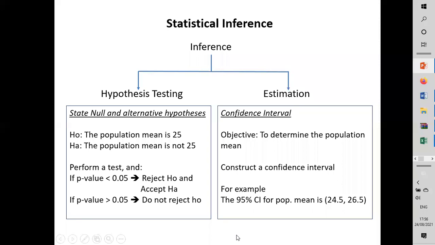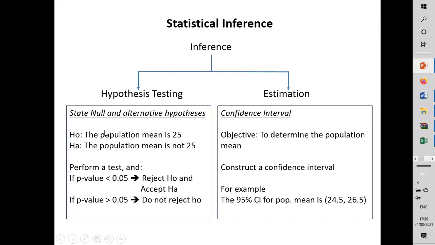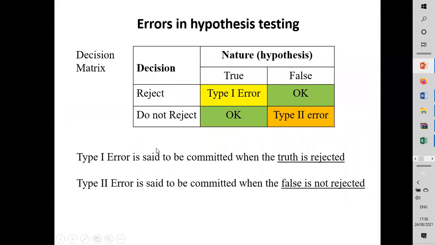Later we'll see in examples how to interpret the p-values and also the confidence interval. So in hypothesis testing, there's a possibility of making two types of error. Remember, the error is not a mistake, it's part and parcel of the system. The nature of the hypothesis, H null, may be true, or maybe not. Maybe true, maybe false. Based on the data we collect, we make one of two decisions.